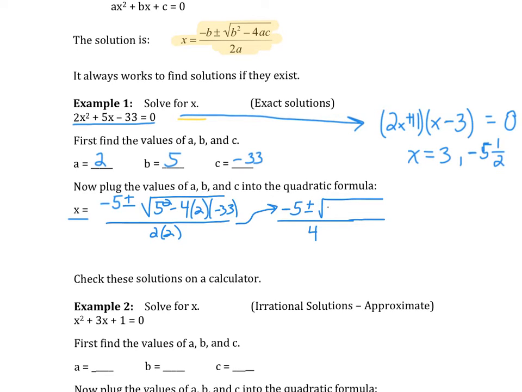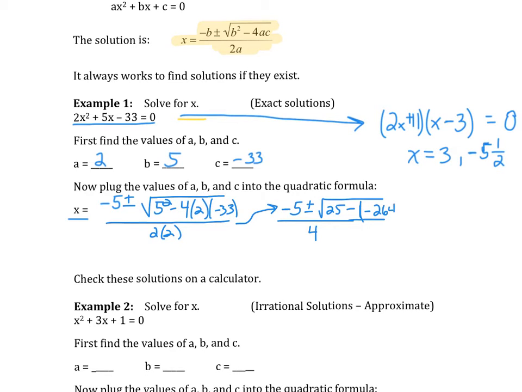Well, 5 squared is 25 minus 4 times 2 times negative 33. Well, 4 times 2 is a positive 8, and 8 times negative 33 is going to be a negative something. Anybody know what 8 times 33 is? 264, says my calculator. All right, but that's a minus because I did 4 times 2 times negative. So that's going to be a minus